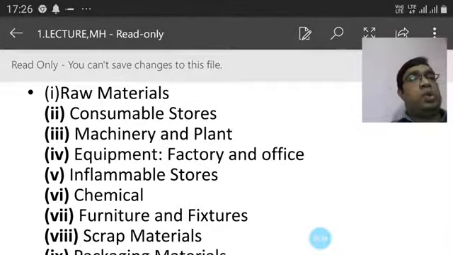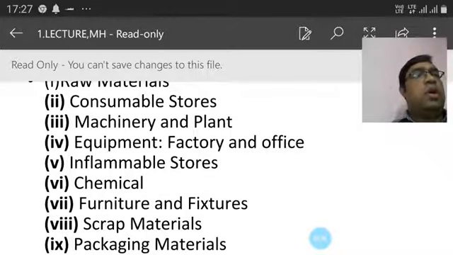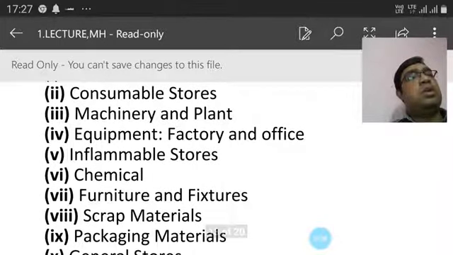Consumable storage, and the few materials we can consider as consumable. Each and every day you have to consume some materials, and you have to store this type of material in front of your places, because you have to consume them each and every day, and also this will be very essential at every moment.